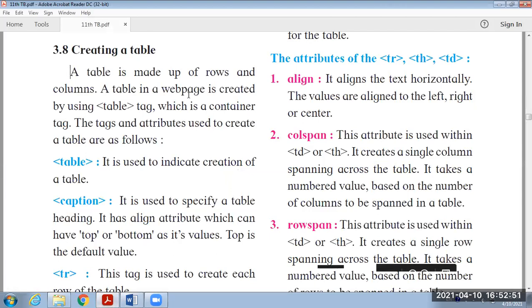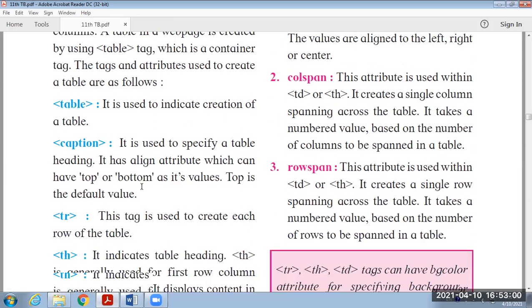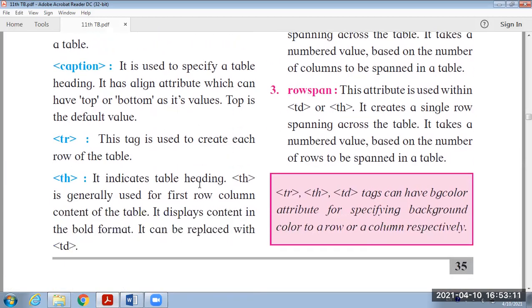Now, to display a table on a web page, we have to use the table tag. The table tag is used to display the table on a web page. Then the caption tag is used to display the name of the table. It may be at the top portion of the table or at the bottom portion of the table. Then we have to insert a row, and to insert the row, we have to use the tag tr.